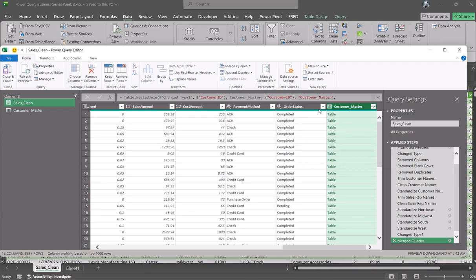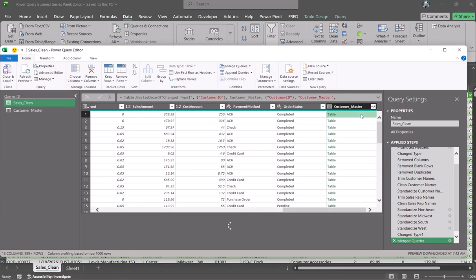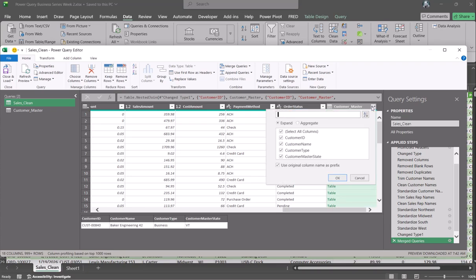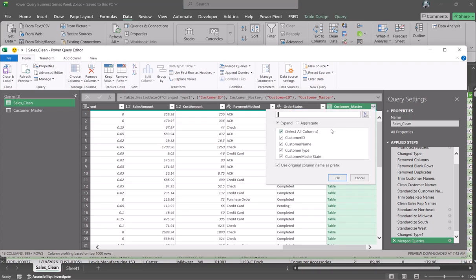But let's go, don't click the table here, click to the right of it. And if you see down here at the bottom, it's a mini table. So this mini table is exactly what matches with our Customer Master file for this Customer ID. So what we want to do is expand this to include this with each row for the sales clean data. And we want to click the expand icon here to the right, and we want to